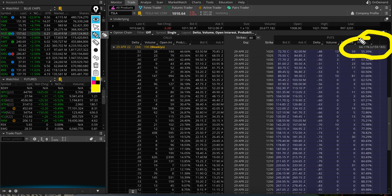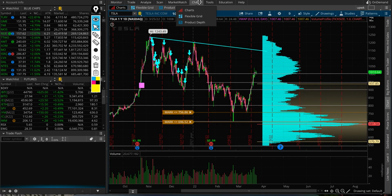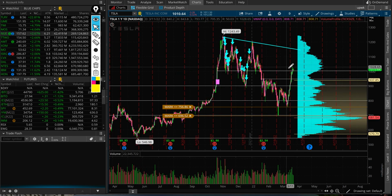So basically the option market is saying that it can be up by that date 160 points or down 160 points. That's what it's pricing in for April 29th, 1 month exactly from here, with earnings scheduled for the 27th of April. So for me, from here, if it starts rolling over $1,000, I think it can come back down